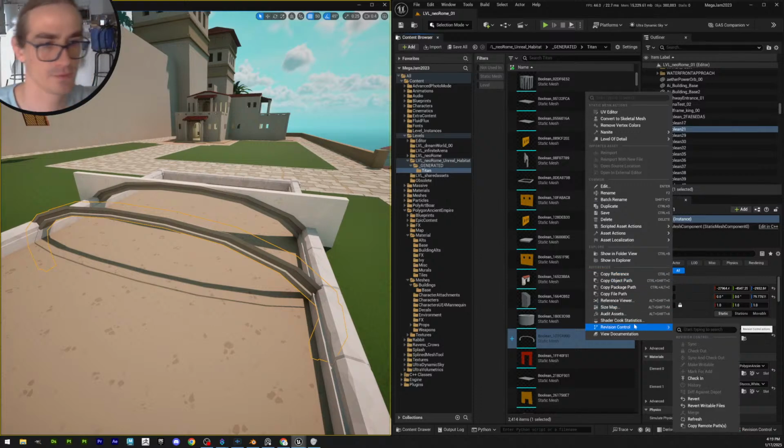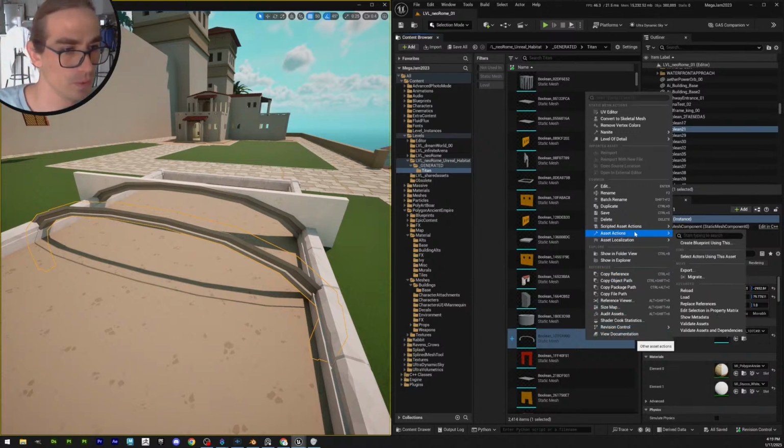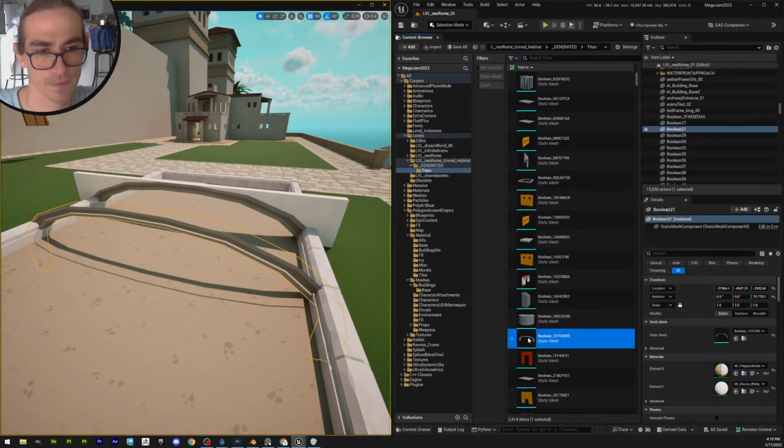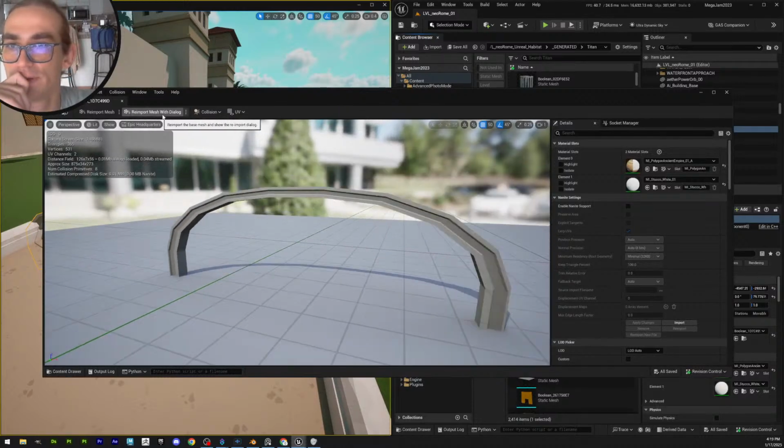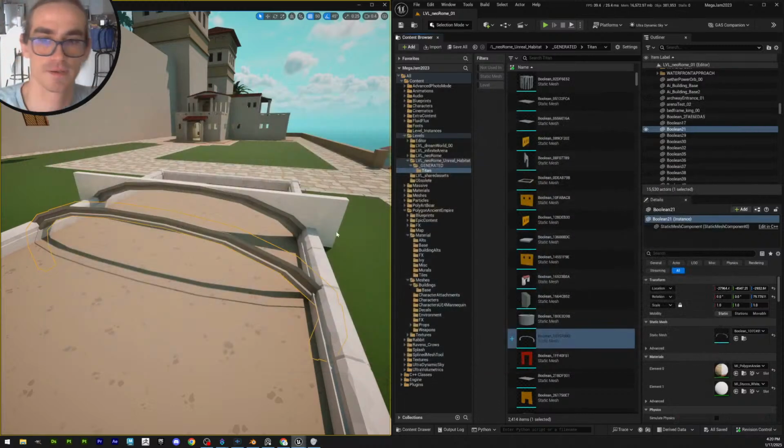Yep, just lost the option. Was it here? Reimport with mesh, reimport mesh with new file. Okay, maybe